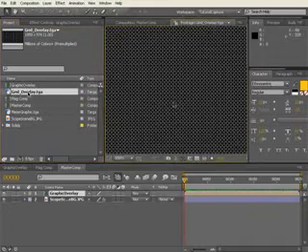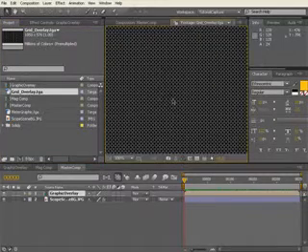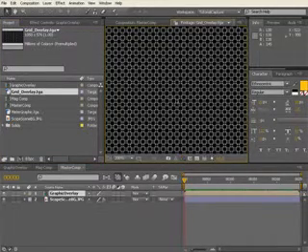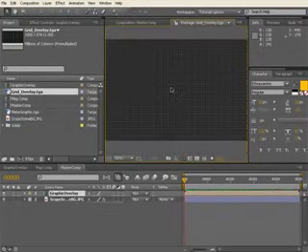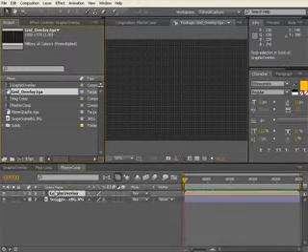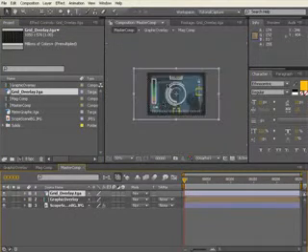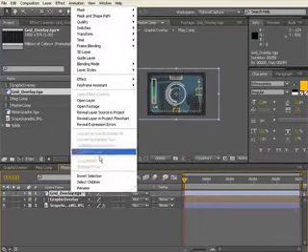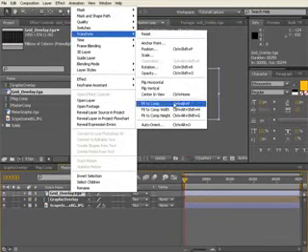Now this element, I'll double click. This is an element that I'll include in the project file, and I created it in After Effects using a circle shape and then the collider effect to get it to repeat over the surface, and just played with the settings to get a grid that I was happy with. So let's slide that down over the top of overlay, and we'll scale it using transform fit to comp,